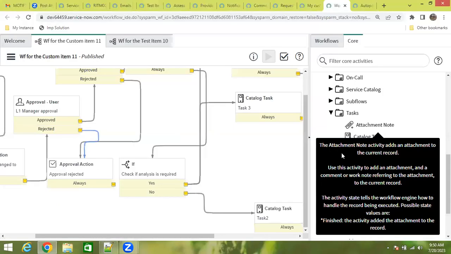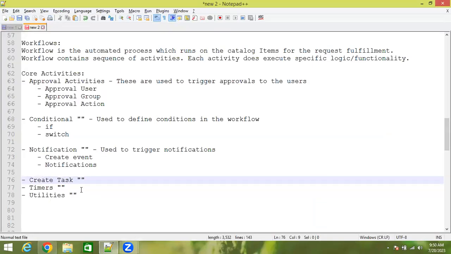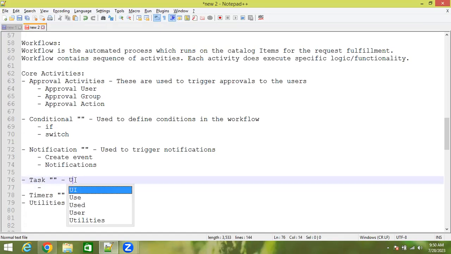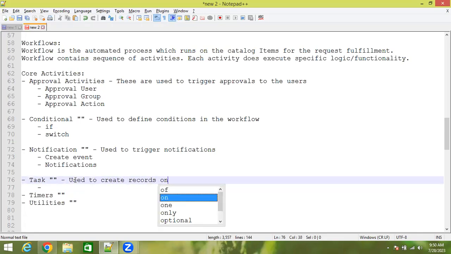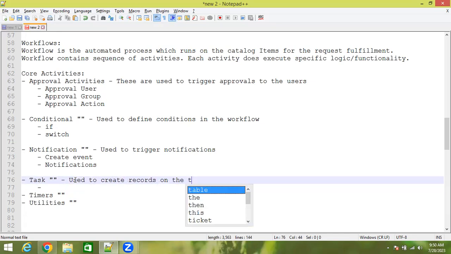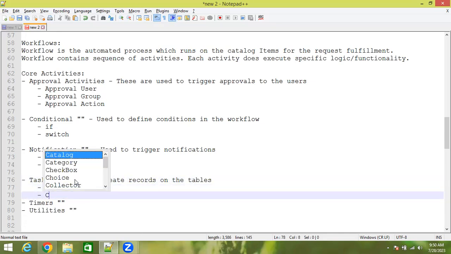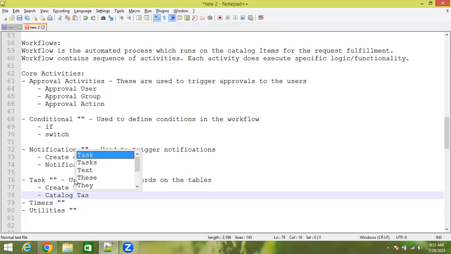Tasks. So these activities are used to create records on the tables. So one is create task and one is catalog task. Right. Next,